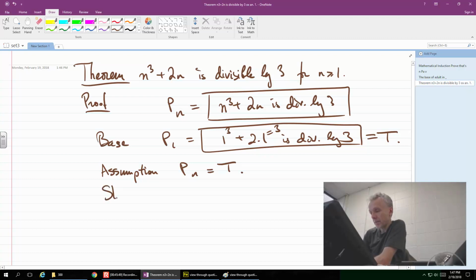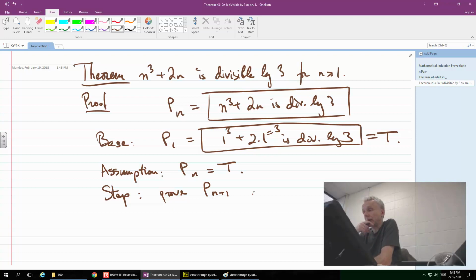And now the inductive step, prove Pn plus 1. Okay, so you have one number divisible by 3, you need to demonstrate that the other number is divisible by 3. Any ideas how that could be done? Substitute. Well, let me write out that number first. So Pn plus 1, which is n plus 1 cubed plus 2 times n plus 1, is